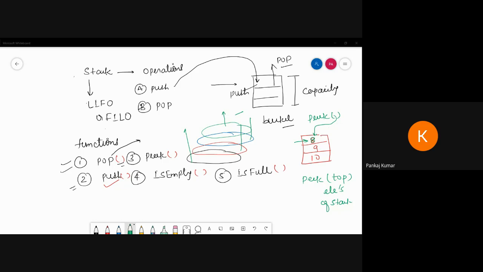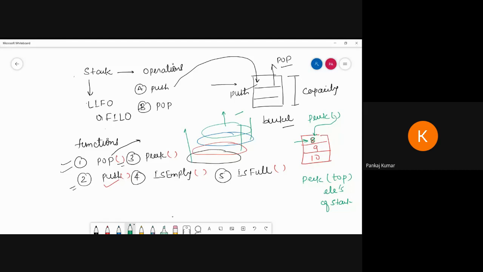So for the other functions, you know how to do that: push, pop, is empty. Now, what is the meaning of is empty? Before pushing any element inside the stack, we have to check each and every time whether the stack is empty or not. Suppose the stack is full, then how can we check that? We can create a function for that one, is full. We can check that for the stack. Here you can use the word capacity for the size of the stack. We are talking about the stack capacity all the time.